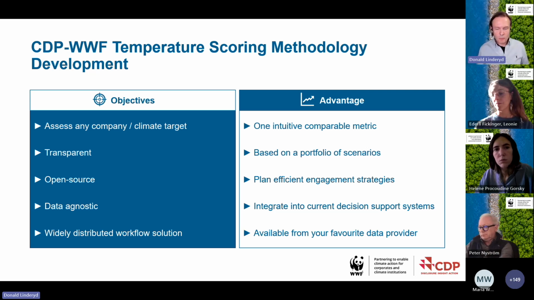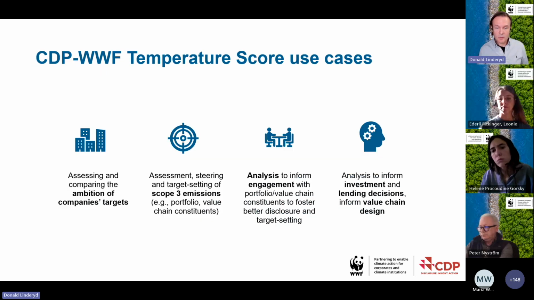And then we get one comparable metric for this, which is now available from a number of data providers. There is also a Python-based open source tool from WWF that you can use in order to calculate these scores yourself. So to sum up, some of the use cases here are to assess and compare the ambition of companies' targets, to analyze and inform our engagement activities with portfolio and value chain companies, to analyze investment and lending decisions